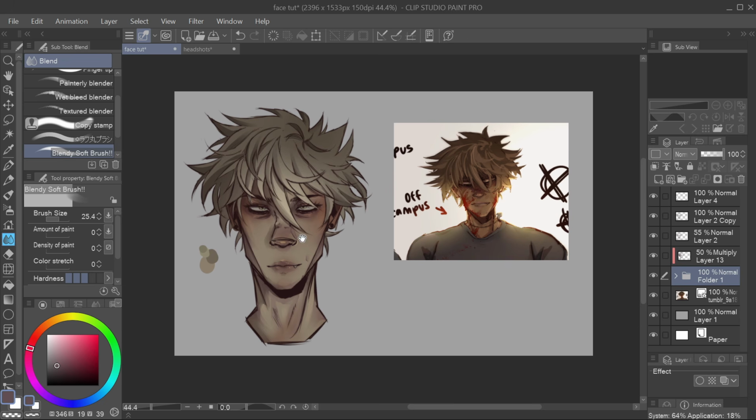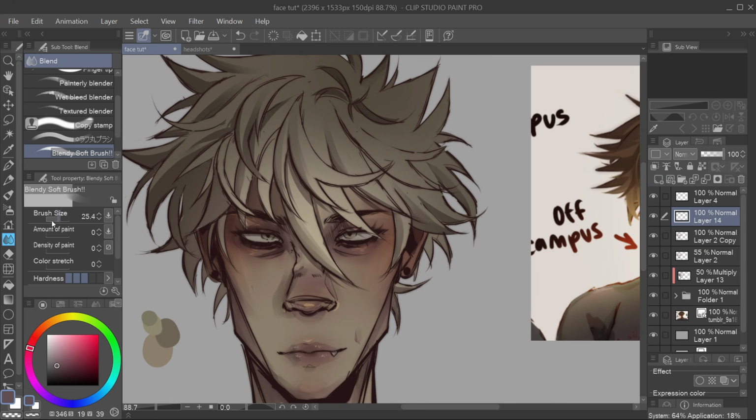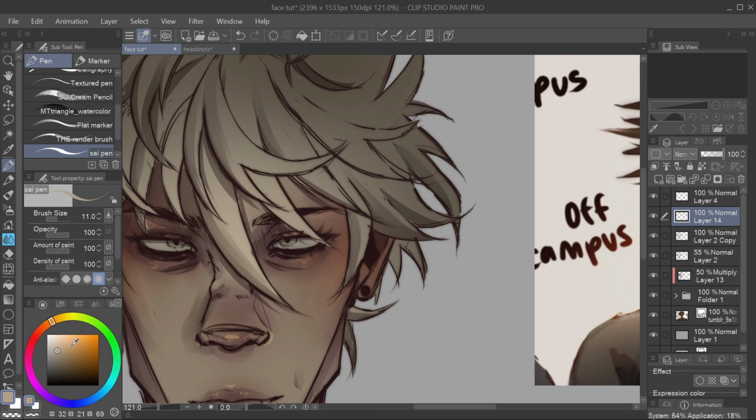Now is the super fun part where we can finally go in and start rendering. So this is my top line art layer. I will make a layer above it, and then I will start my rendering process, which is basically just adding extra details on top of everything that you already drew. A little bit scary, but don't fret. Blair's secret hair hack is that I go in with this